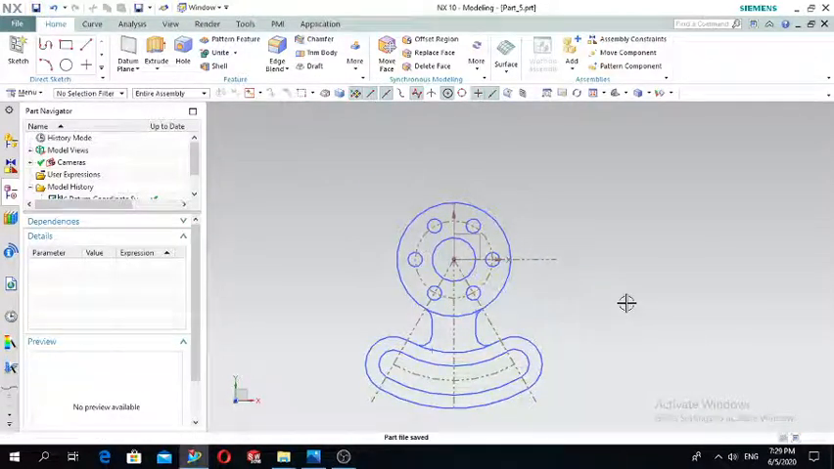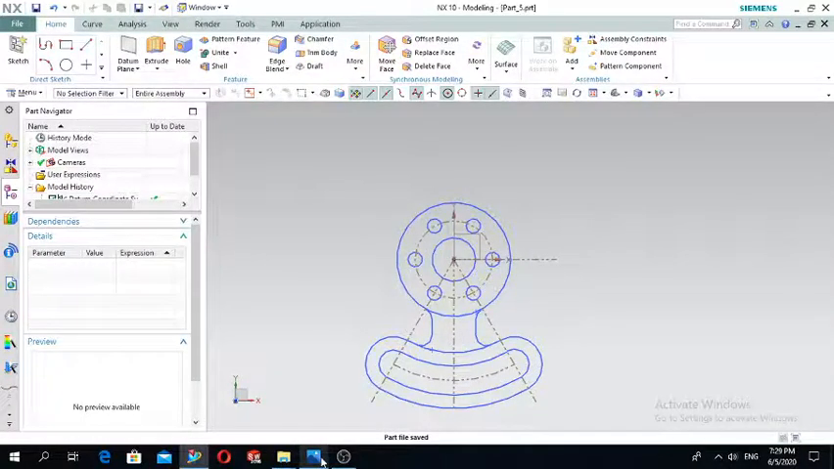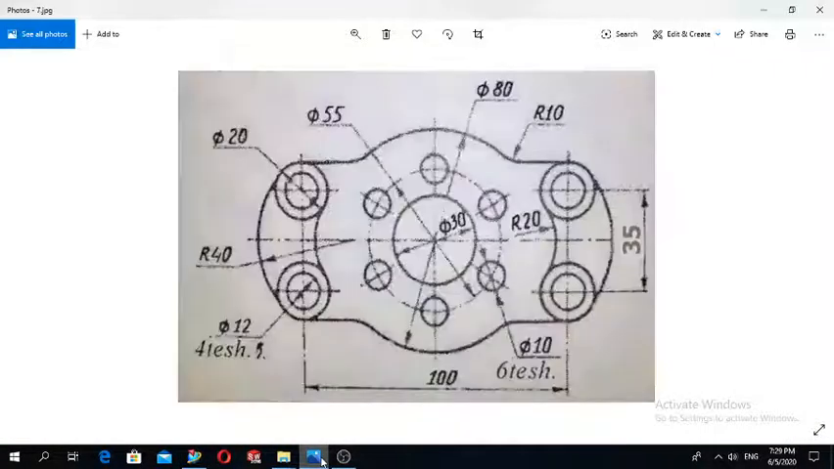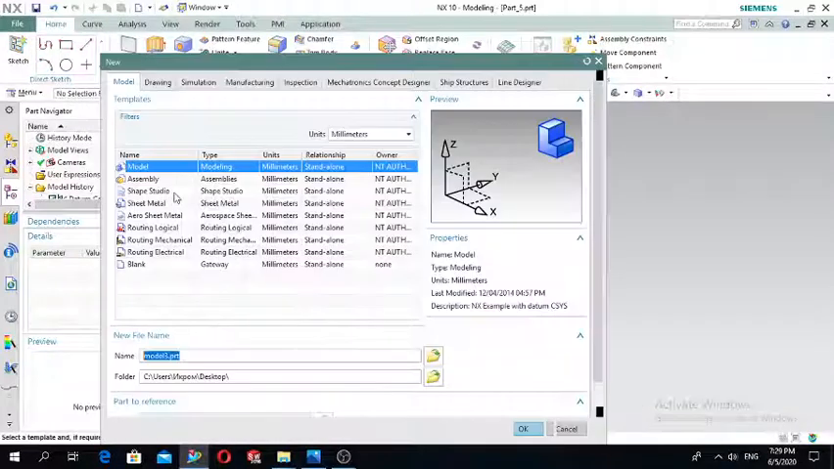save it. This is the second project. Let's continue with the third one. This one. Save this second one. Okay, new file, part 6. Okay,